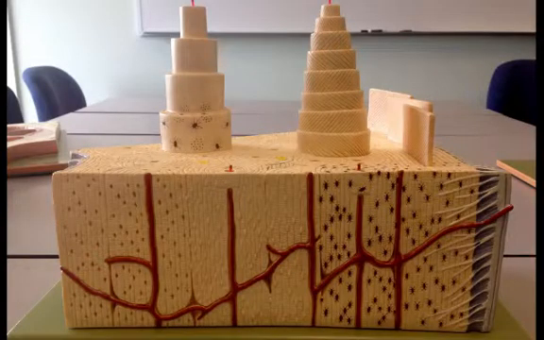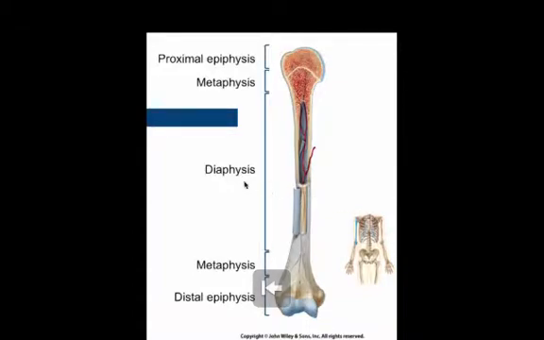Okay, so this is probably the model that you're already familiar with seeing in the lab, and again, what we're looking at here is that slice of the compact bone taken out of the diaphysis. So what I want you to imagine one more time is that if I took this bone and I sliced it in half, and then I looked down on it from a superior view,